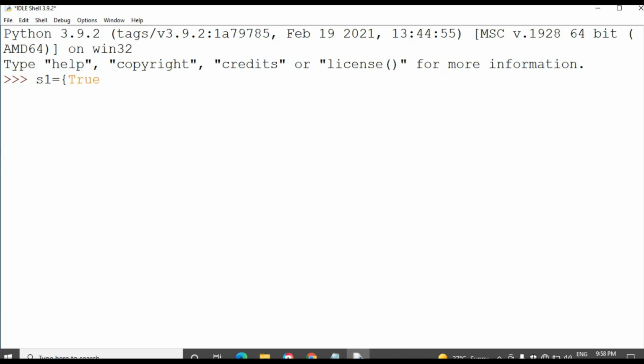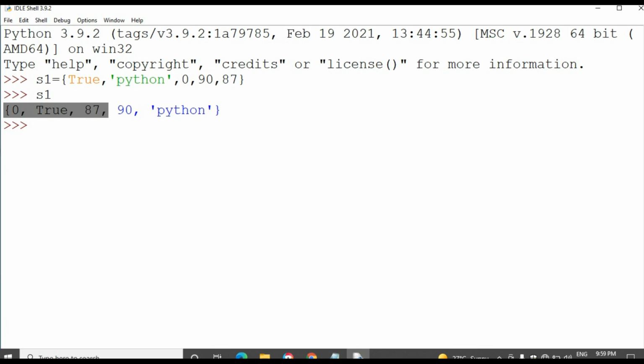Inside the curly braces the elements should be taken: True, Python, 0, 90, 87. Okay, this is the set.